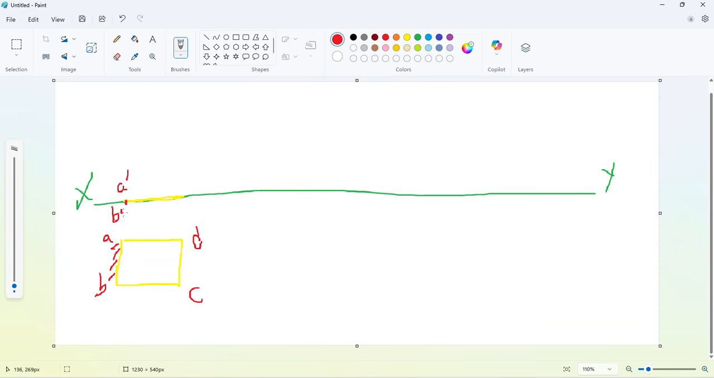So in front view, points are always represented by small letters with dash, A dash, B dash, and this point represents D dash and C dash. So this is our first condition, in which our rectangular plane is resting on HP on one of its sides, this side. Now as per the second condition, this rectangular plane, while resting on this side, makes an angle of 60 degree